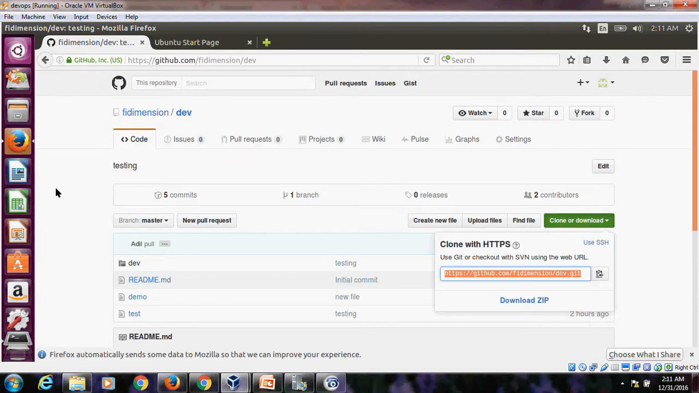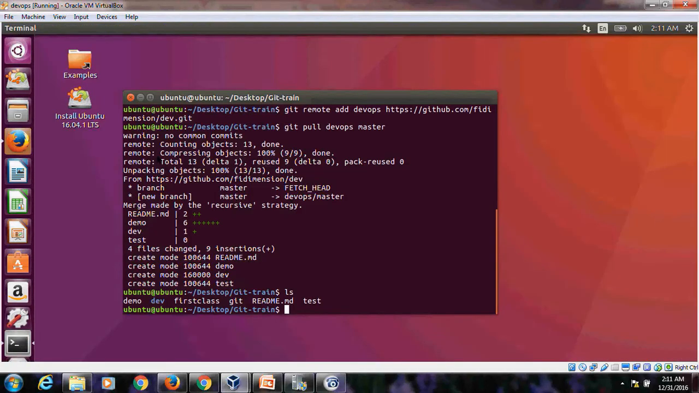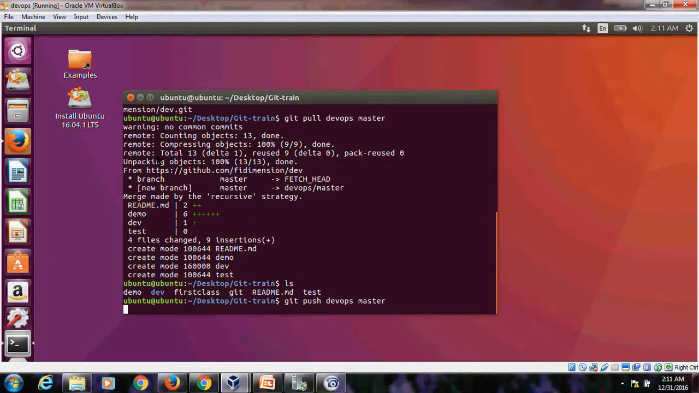There is no Git over here. So again I will go back to my console and I will just enter git push devops master. Enter. It is asking me for username. For everyone who is pulling the documents to that particular server, it will ask for username. Username is for that particular account which you have created on GitHub. So username for mine is